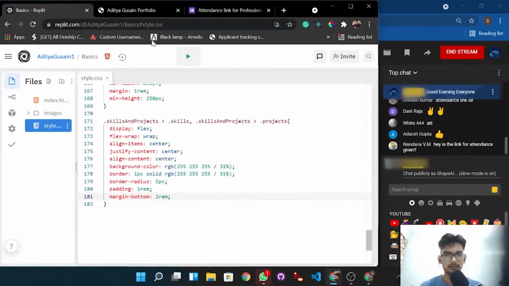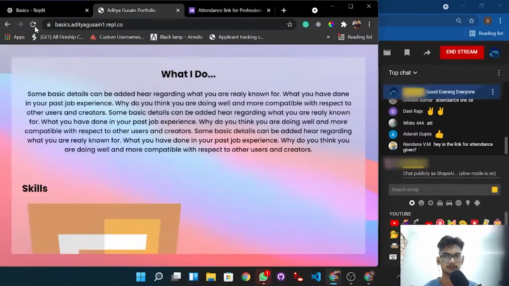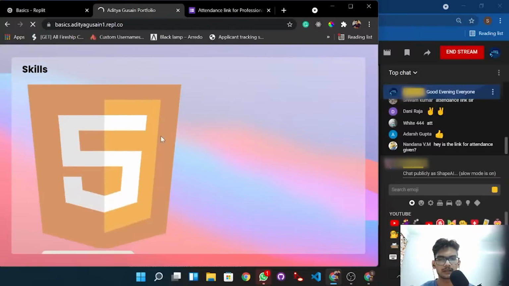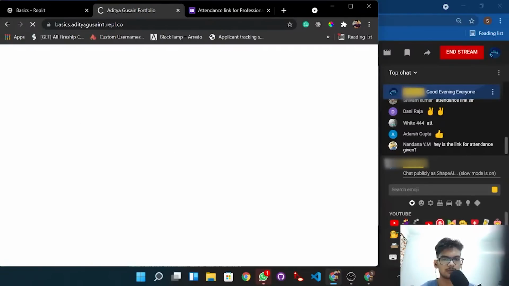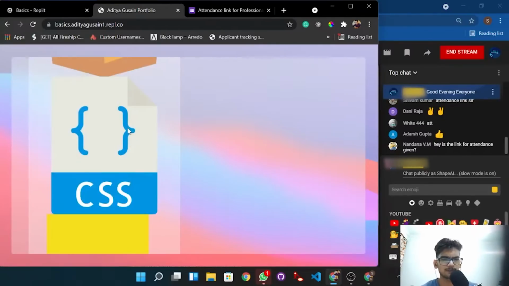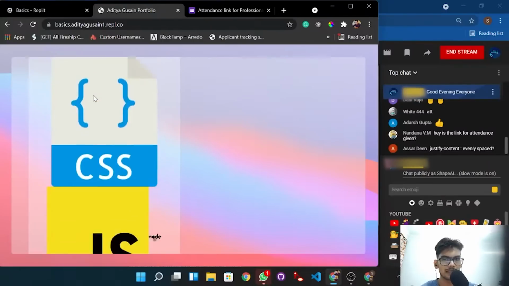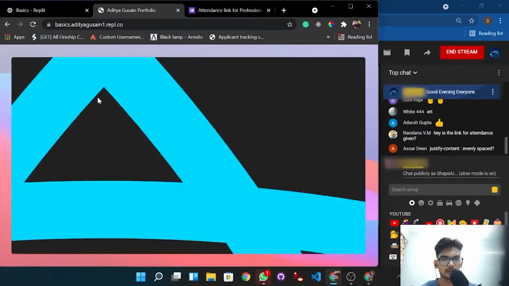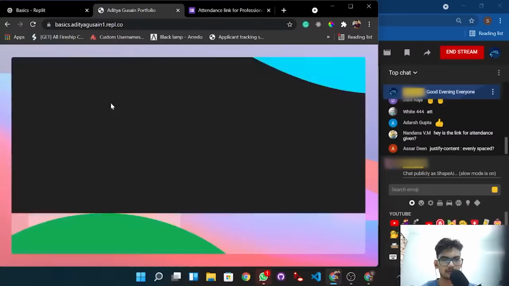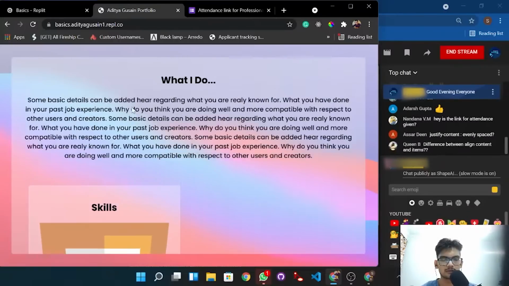So let's look at the output. Let's just run it. Refresh the page. Still, we have not targeted the images and we have not decreased the size. But yeah, you can see now we have the card layout, and inside each of the cards, you can see we have some content. Still the images,